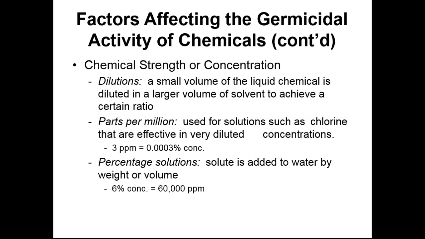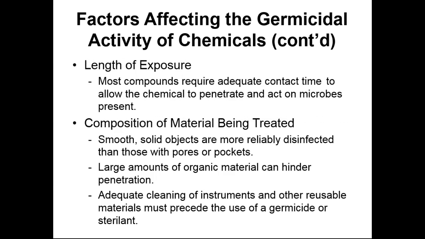So we can look at a 6% solution. That's a fairly standard concentration of percent solution. A 6% solution is equivalent to 60,000 parts per million. So you can go in between, or interconvert, parts per million and percent solutions, but generally speaking, if you have something in percent concentration, you want to keep it in percent concentration, and vice versa. If it's in parts per million, you typically want to keep it in parts per million. In very rare situations, you need to interconvert between those two units.